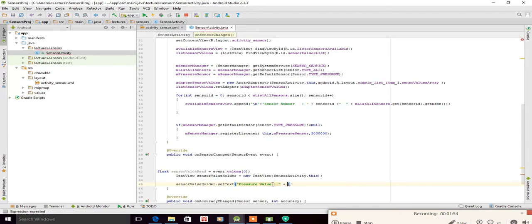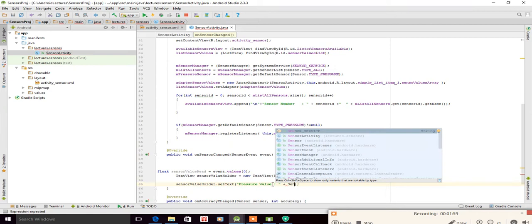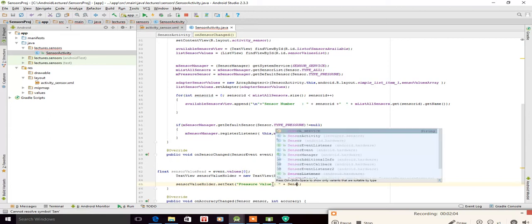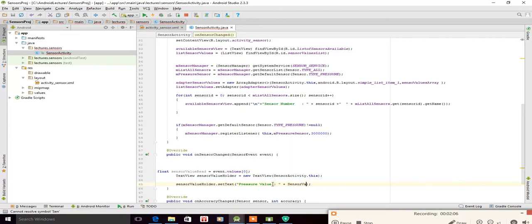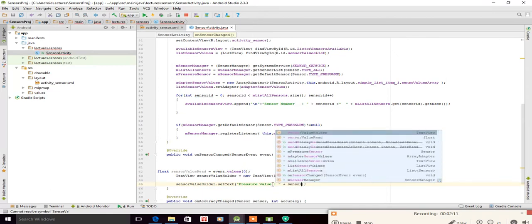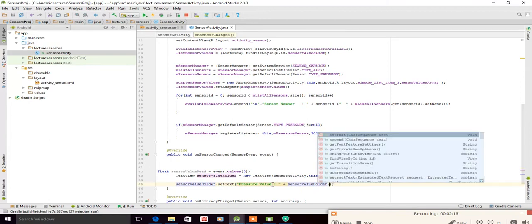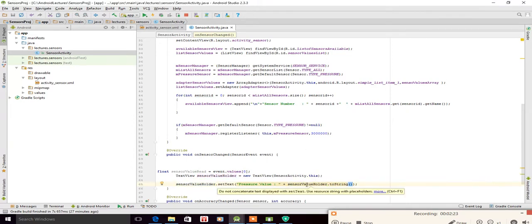It should be plus sensor value holder, sorry, it should be small, sensor value holder dot to string. This float value of the sensor variable will be then this text view which we created now, then programmatically will contain